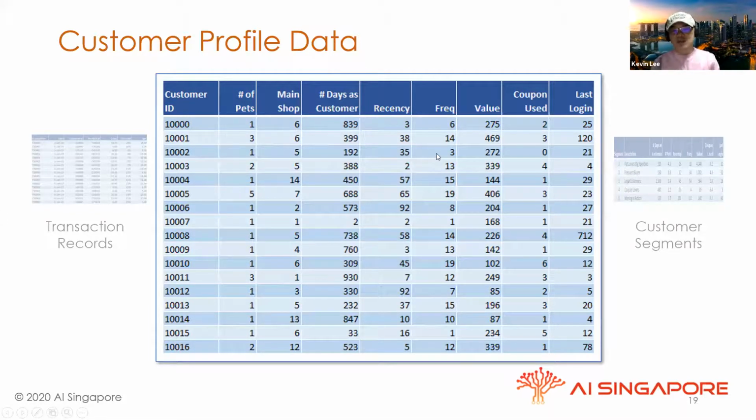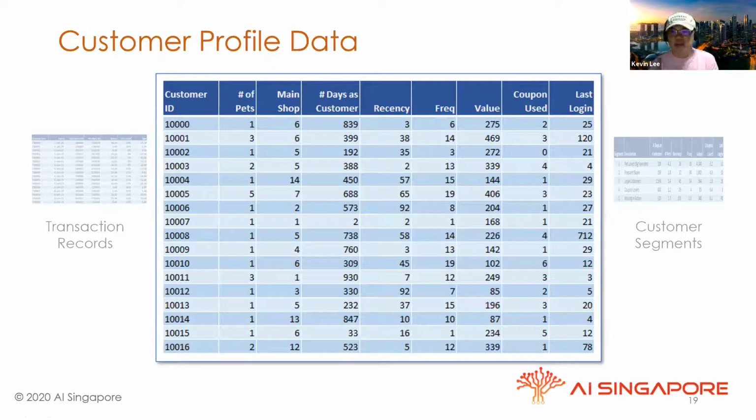So what I'm trying to show you is an example of what are the features, what are the characteristics that we use in order to do the segmentation. Now I'm showing you something like 8 columns here. But in a real project, you can easily stretch this to like 40 columns, 50 columns.